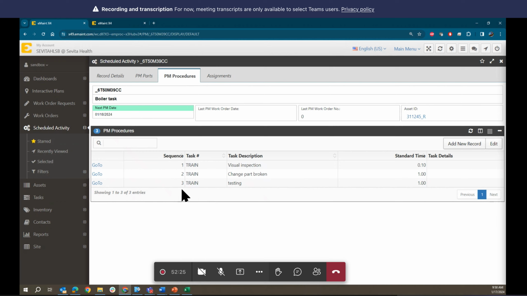I need to mention this. Let's say that you create that PM procedure for your boiler that includes these three steps, and 6 months later, you need to add more procedures, more steps in the sequence. So you can do that, and then